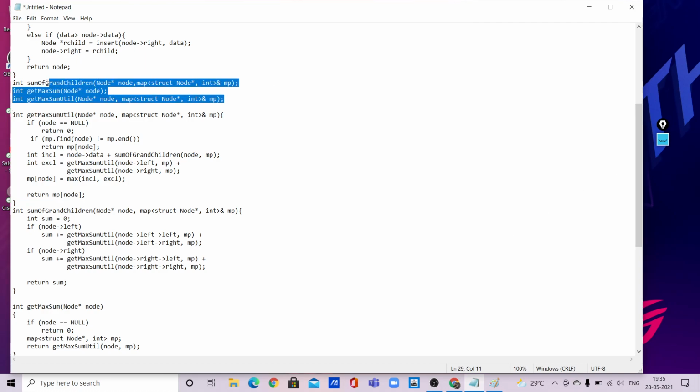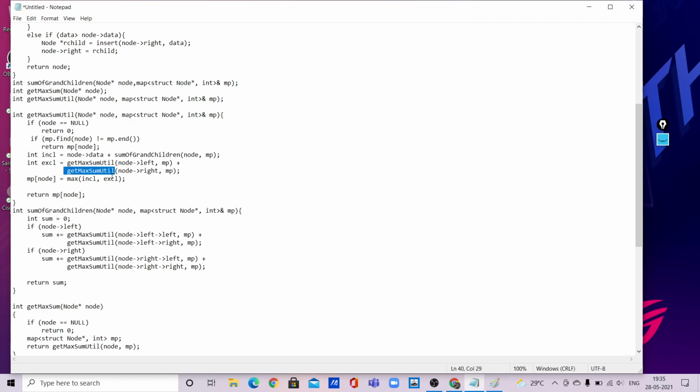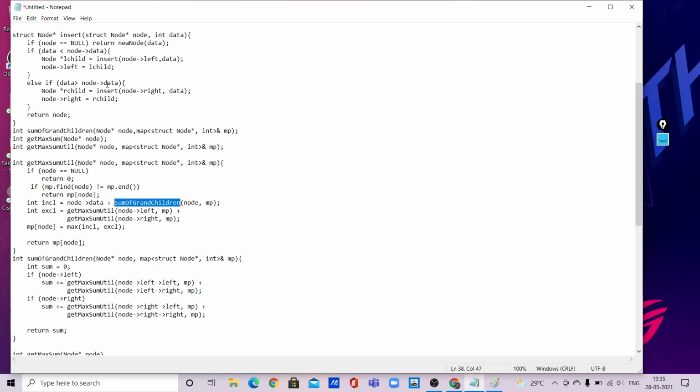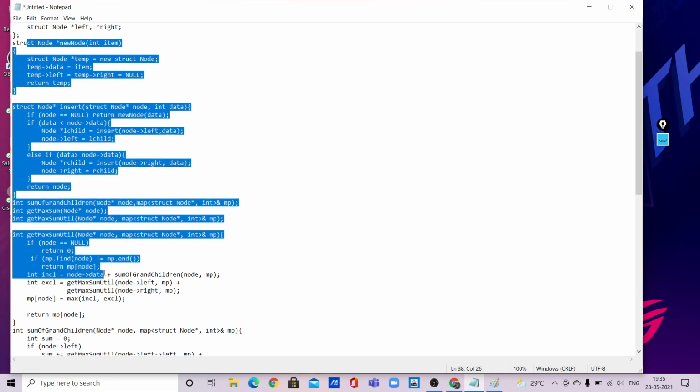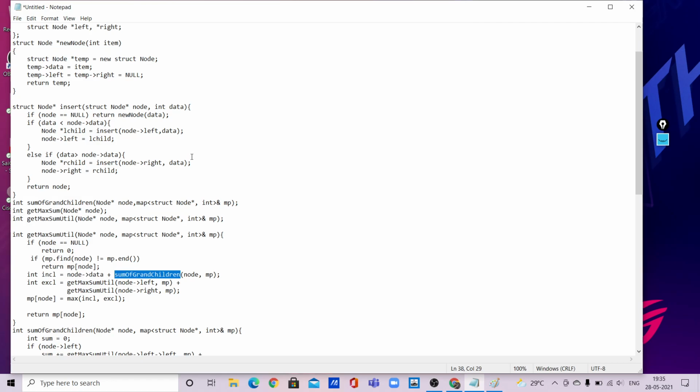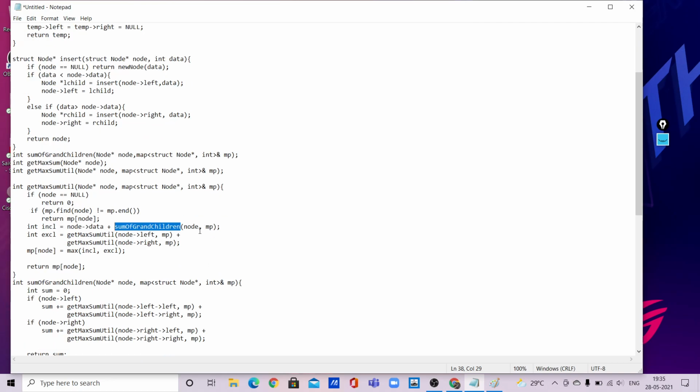Actually, I am declaring all the function definitions beforehand, because here we are declaring the util function and the sum of grandchildren function over here. But in C++, if we don't declare the grandchildren function beforehand where we are using it, then we need to use the prototype of the function definition, so that the compiler checks that it will be created in the future, and no error will be raised.